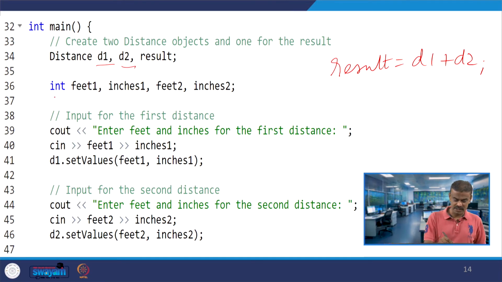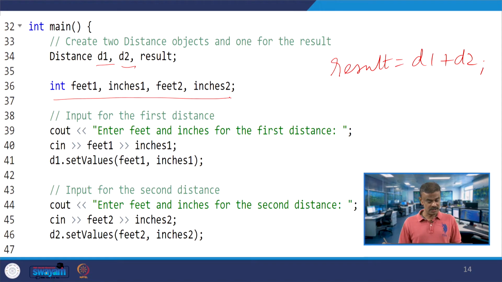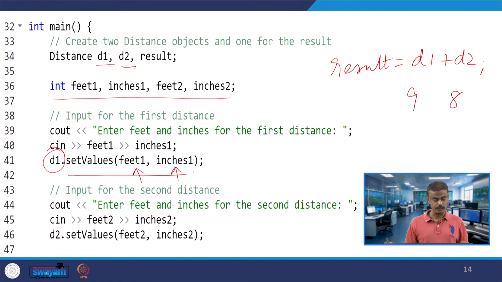Then you have a set of variables: feet, inches, feet1, inches1, feet2 and inches2. Now you are entering feet1 and inches1. Assume that I entered 9 and 8. You are setting the values feet1, inches1, that means D1 is invoking set value.